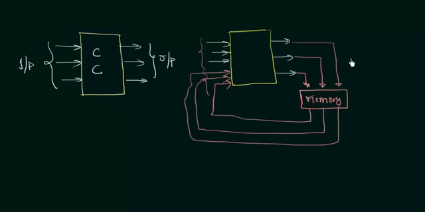So there is a positive feedback. This is the feedback, this thing going from the memory element to the sequential circuit. So there is a positive feedback in the sequential circuit, which is a very important thing, and also there is a memory element involved. So the only difference between a combinational circuit and a sequential circuit is that there is a feedback involved which is positive, and also a memory element to store the previous outputs, and the next output is generated depending upon the feedback from the memory element and the present input.